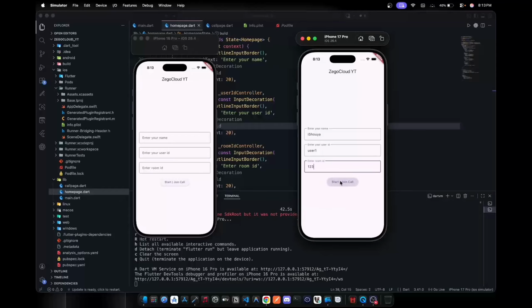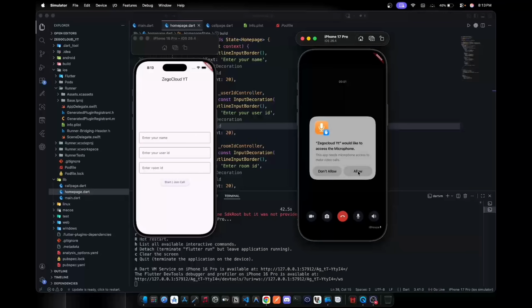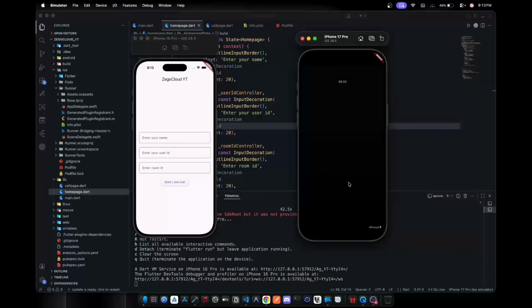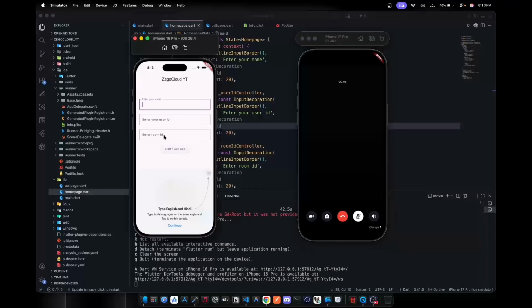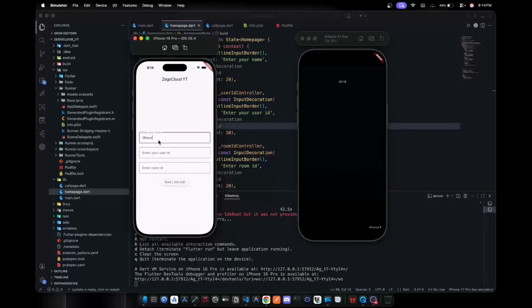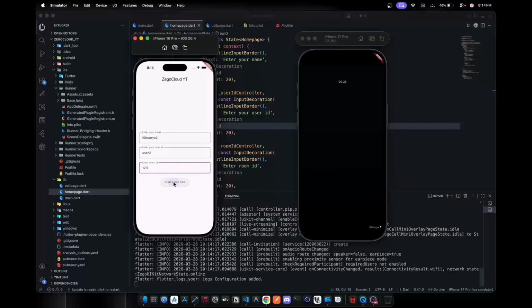Okay, let's allow this, and now as you can see one device is connected. Okay, continue, yeah, enter name. Isoria 2. Okay, and let's keep the user ID 2, and we need to,